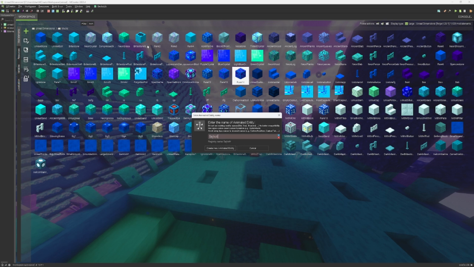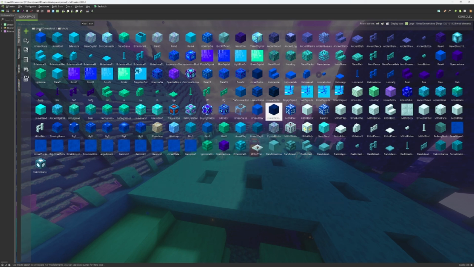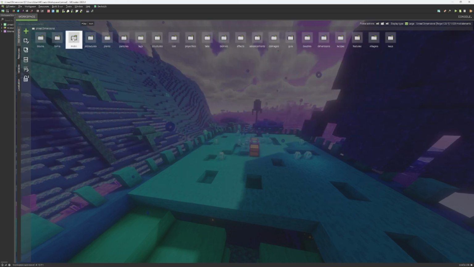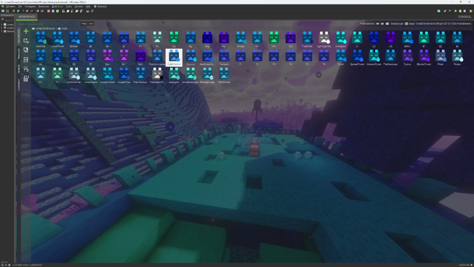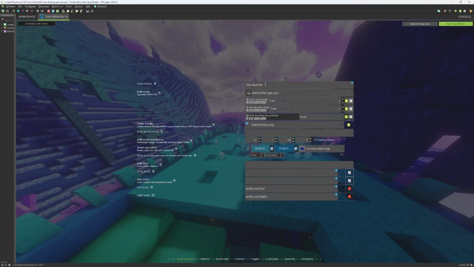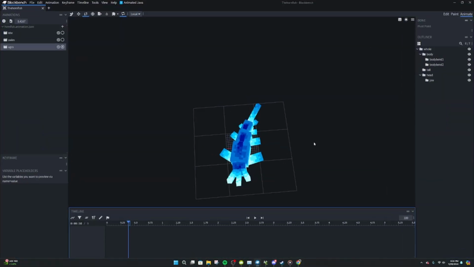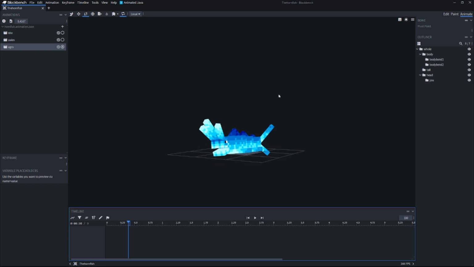I'm not really gonna make an entity. I've made so many. I'm in the making of version 1.3 of this mod, and I've added a new mini boss, the hornfish, and this is an animated entity. So basically we'll go over how to animate it. So here is the hornfish,